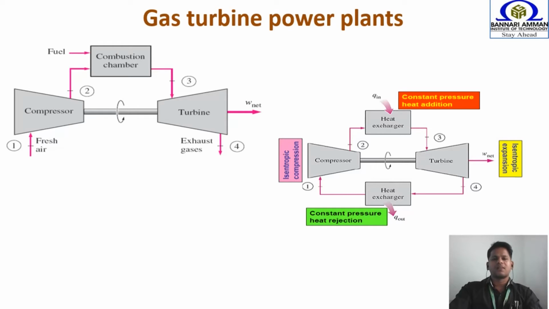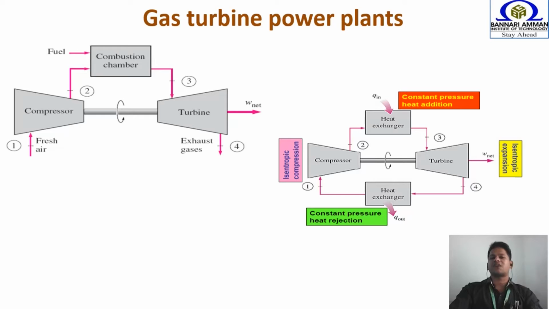Now we all know that in recent days people are looking for only two things. First one is energy, second one is pollution. As you can see here, we are continuously polluting the environment. To overcome this problem, one more cycle is suggested, called the closed cycle, where we do not send the exhaust gas out into the atmosphere. Here, instead of a combustion chamber, we have two heat exchangers. The first heat exchanger supplies the heat energy, and the second rejects the heat energy. So here we only get heat energy as the heat rejection. We are not getting any pollution here.